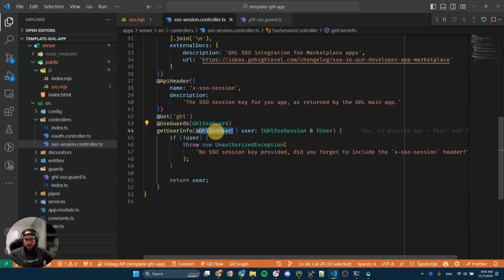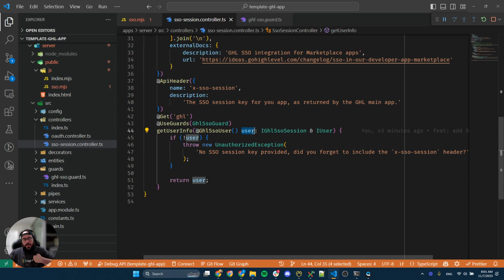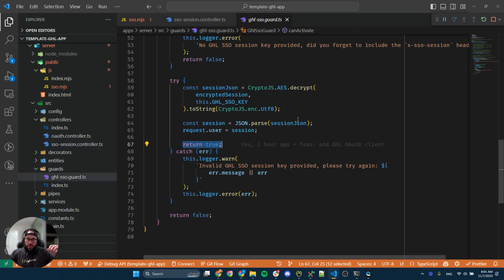And then I'm using this decorator for this user parameter to fish that user information out of the request. And then I'm not doing anything with my own end, so I'm only just keeping the HighLevel session information, but